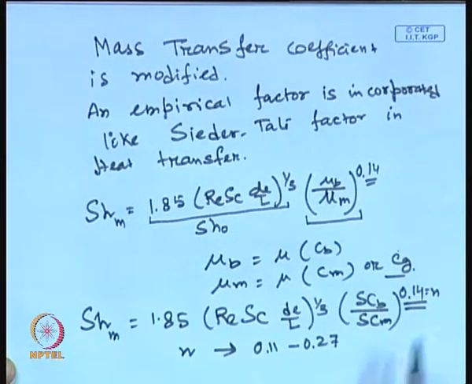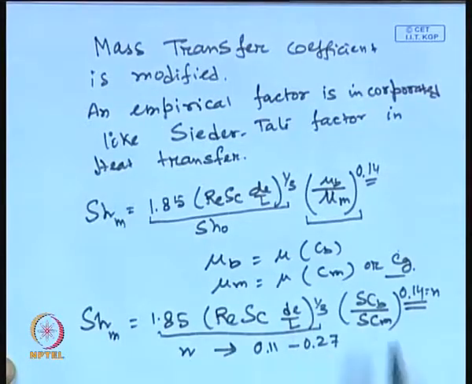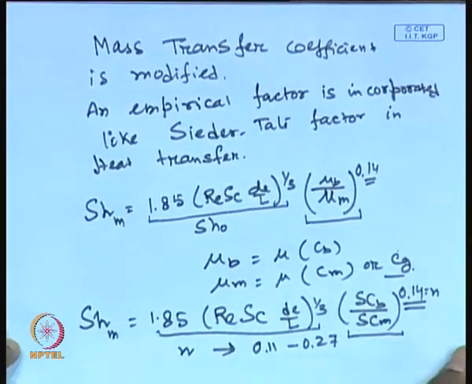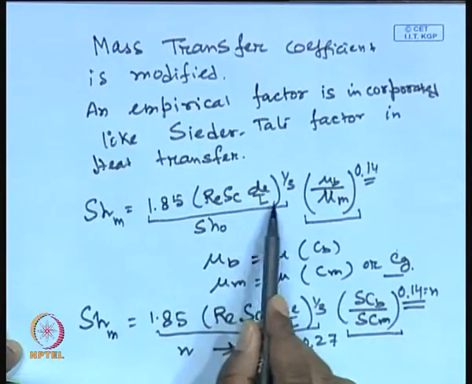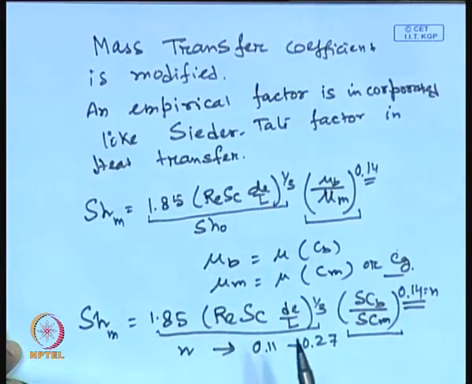Now, if you would like to incorporate the effect of suction, this will be modified by the Sherwood number expression that we have already obtained earlier in terms of Pw, Pw square, lambda square, lambda cube, something like that. That will be inserted here, in addition to the viscosity variation factor or the property variation factor. Now, I have written the Sherwood number expression for laminar flow. This is valid for turbulent flow as well.